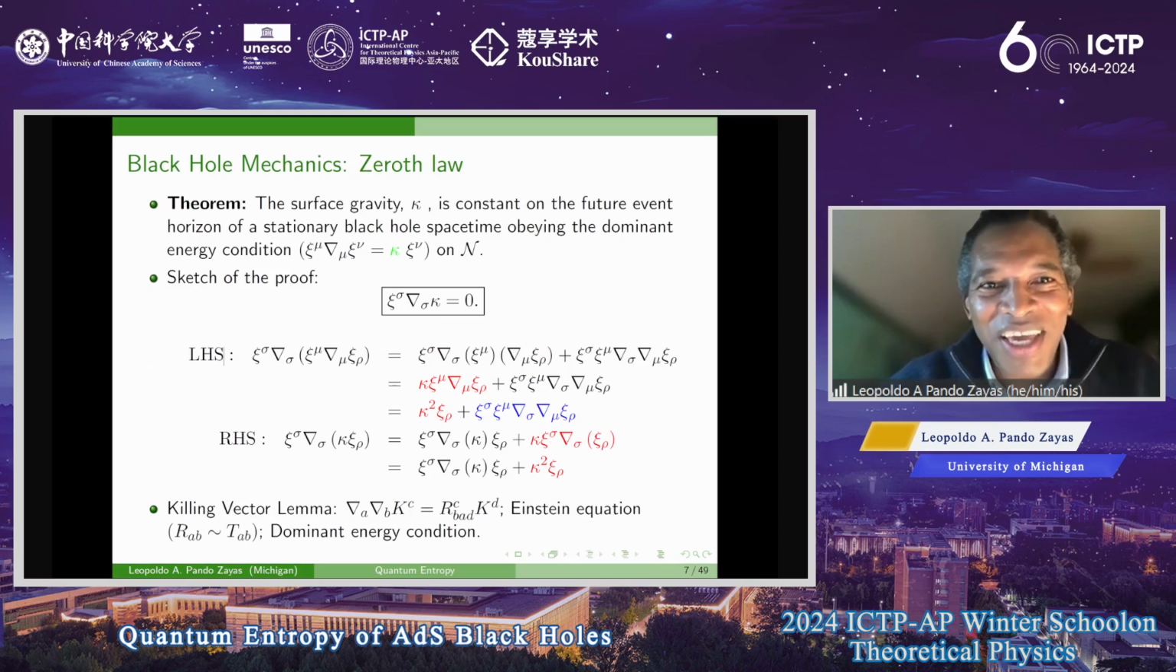The zeroth law is the statement that surface gravity is constant on the future event horizon of a stationary black hole. As you maybe know, this is equivalent to saying that two bodies that are in equilibrium must have the same temperature. Kappa here is the definition: if I have a Killing vector that generates the horizon, and I look at how it changes as I move along the vector itself, the proportionality constant here is